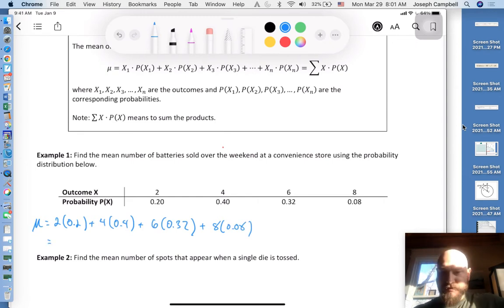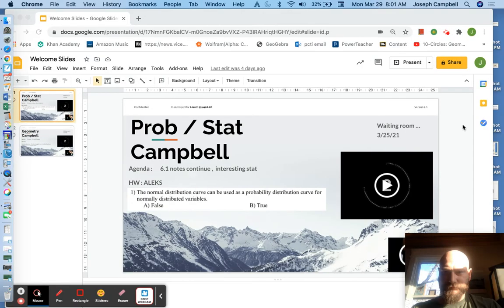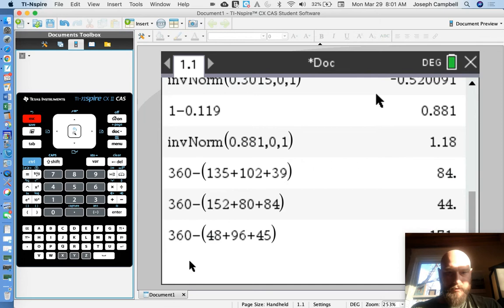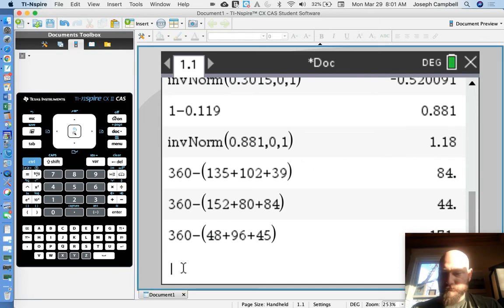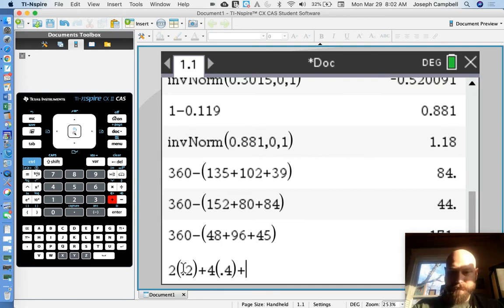All right, so let's see what this product is. Nope, wrong way. All right, we have 2 times, oh sorry, just times 0.2, plus 4 times 0.4, plus 6 times 0.32, plus 8